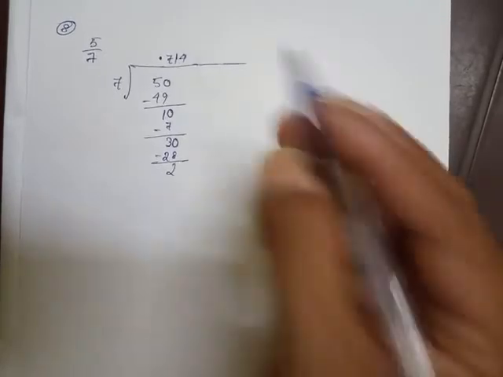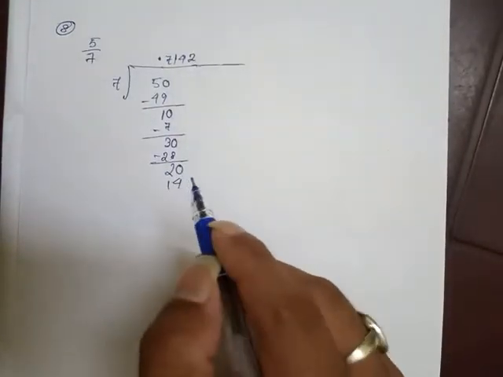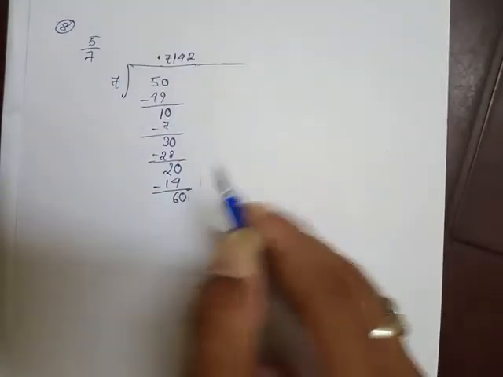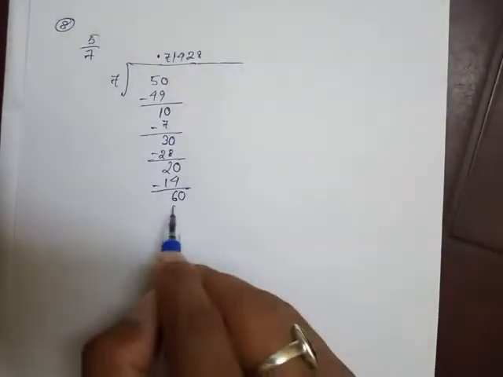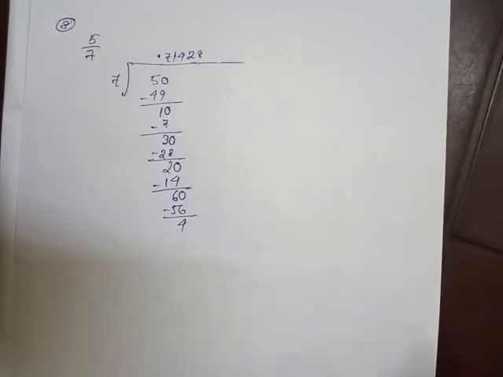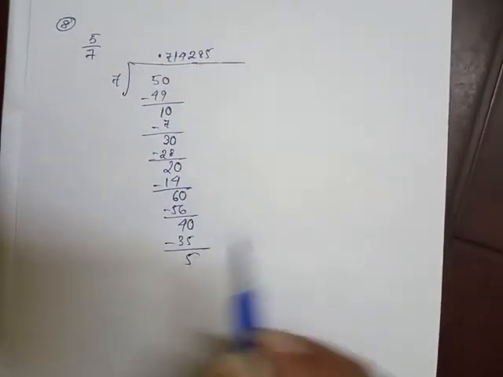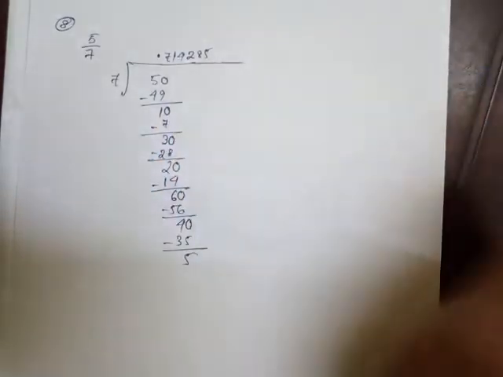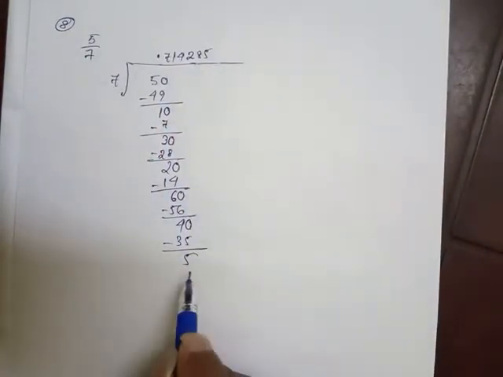Now there is 2 only. If it is 2, then 0. Then 7 2s are 14, means remainder is 6. Now, decimal point, one more 0 will be here. So 7 8s are how much? 7 8s are 56. Now remainder is 4. Decimal point, one more 0. Now 7 5s are 35. Now look, one more thing student, you started with 5 here and ended with 5, which means after that this will again go on repeating 7 1 4 2 8 5. This will go on. So here our procedure stops.